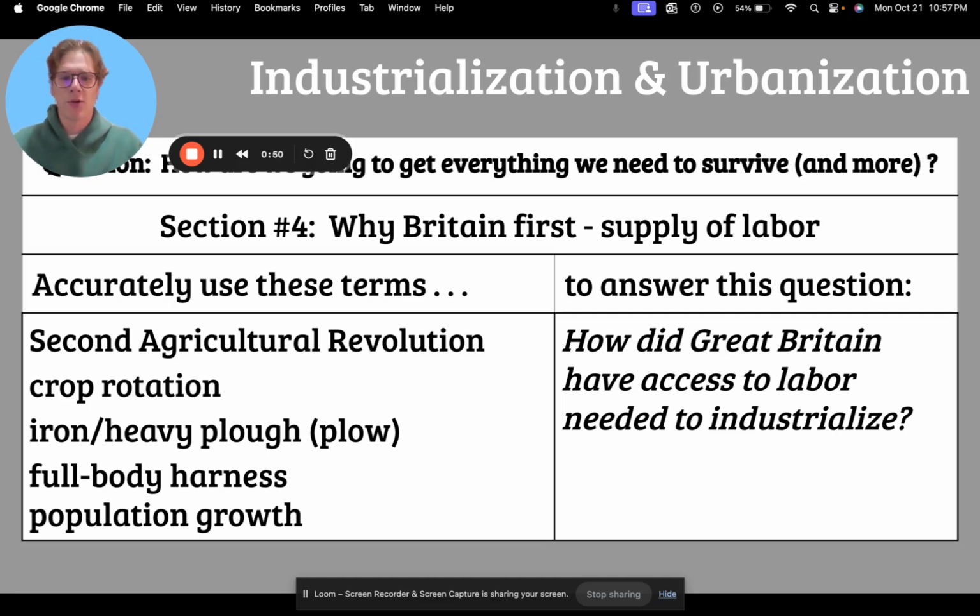So, the question of the day is, how did Great Britain have access to the labor? How did Great Britain have access to labor that they needed to industrialize, right? So as you see, we have some terms down here on the left that are going to be pretty important to what we're going to be talking about today. So,